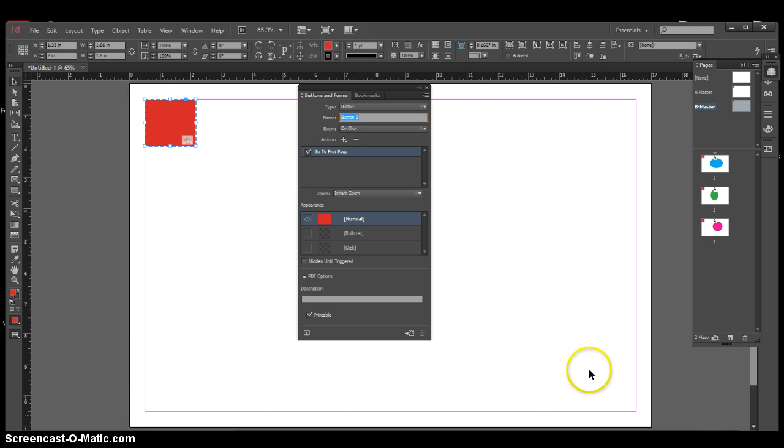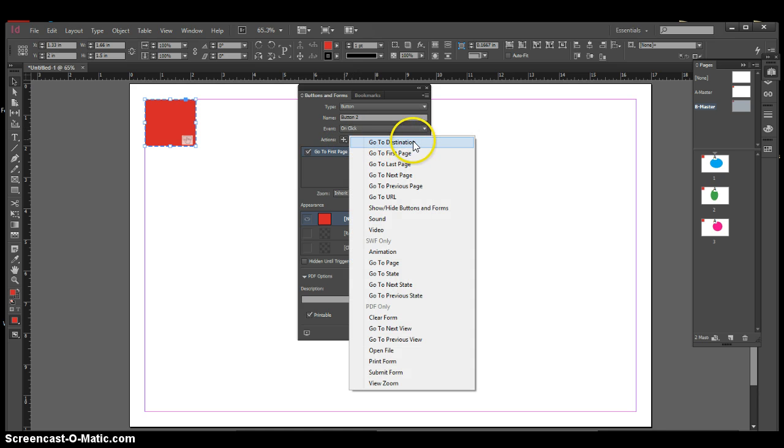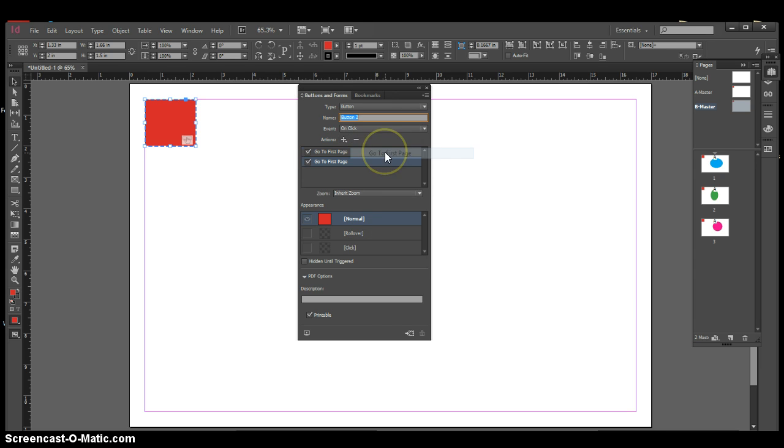Now if this is actually a PDF with a picture of your piece, but you have multiple instances of the piece, or multiple different perspectives, you can have a button and set it to action, and you can set it to go to a destination on another PDF or another page within your little schematic of pages, and it'll go straight there. Then you just have to make another button to have it come back to this main tree. But mine is going to the first page because